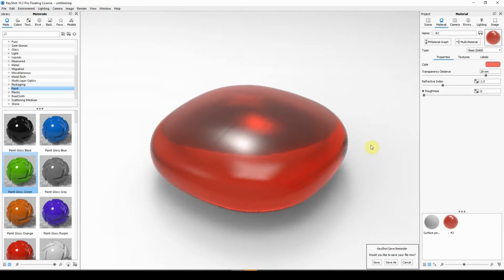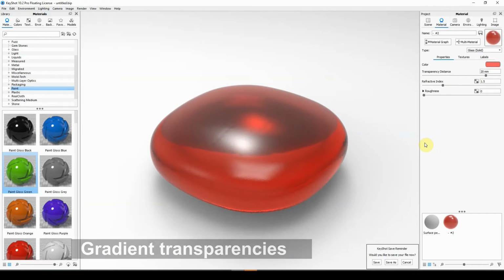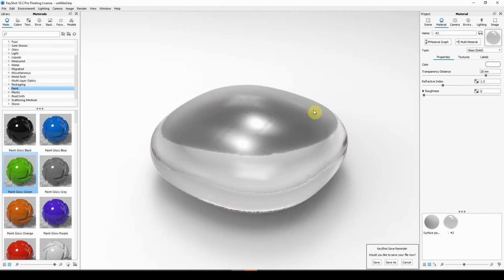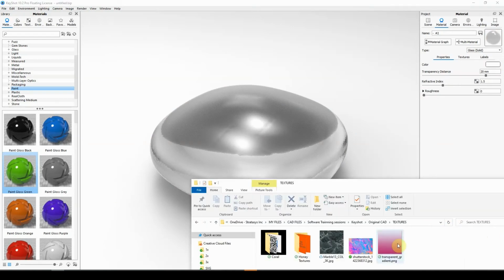and now we can export that for 3D printing. Now let's say I wanted to apply a gradient texture onto this part, so we can go back to our glass solid, make sure that we have the transparency distance and the color set to clear or white, and then I've got a transparent gradient that I've previously created in Photoshop,